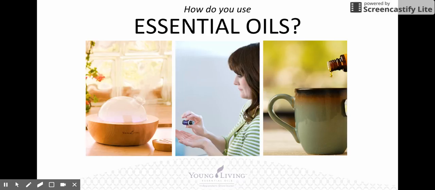I will then explain 8 ways of using essential oils, which include smell, diffusing, local application, hot and cold compress, massage, tenting, which is something a little different, eating, and misting. So let's go ahead and start exploring